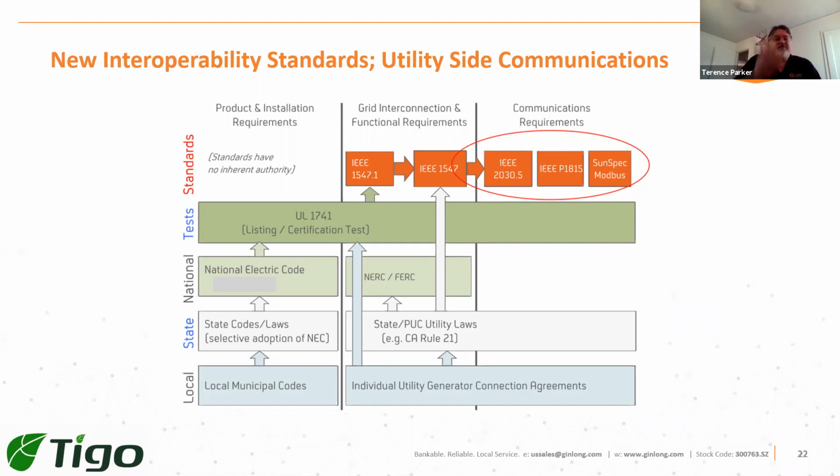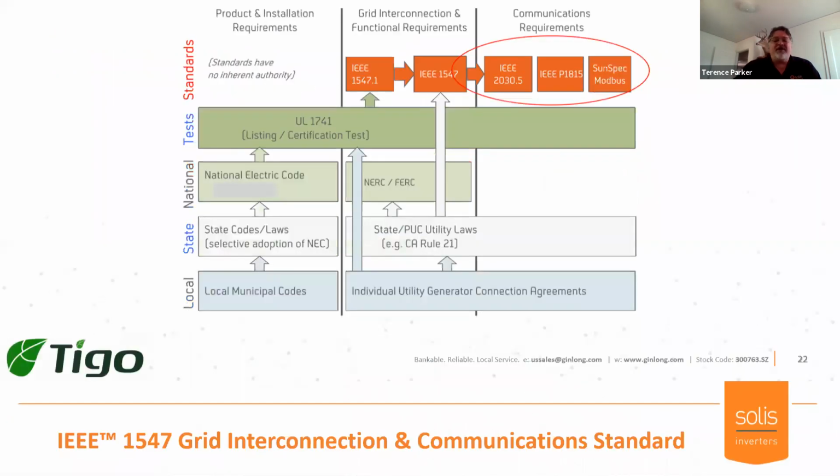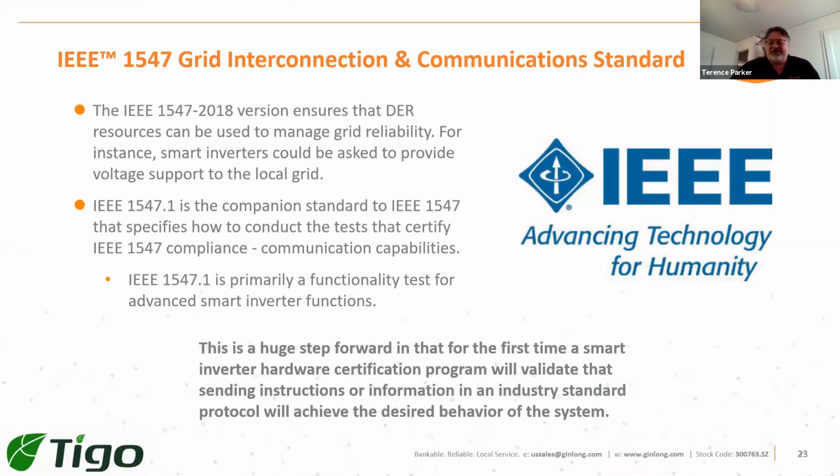And at the very top, of course, are the standards for communication with the grid, for example, how we're going to communicate with different aggregators out in the grid. And so this is a slide that, like I say, I like to show just to give us a little reference as to where we are. People are hearing all kinds of different nomenclature around new IEEE standards, that sort of thing. And I just wanted to ground everybody in telling you that the